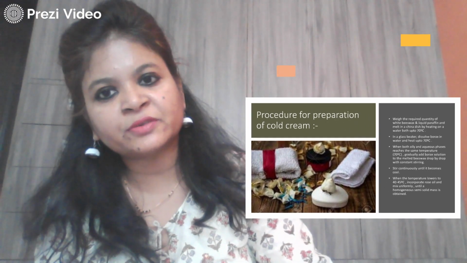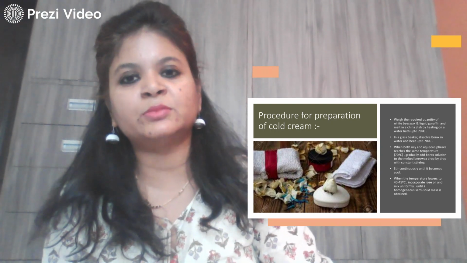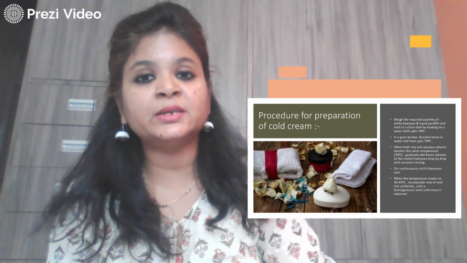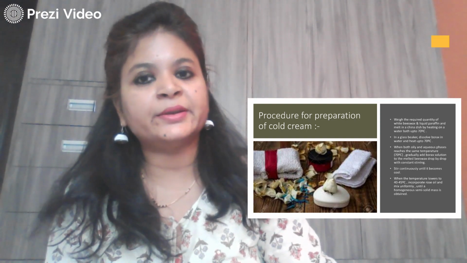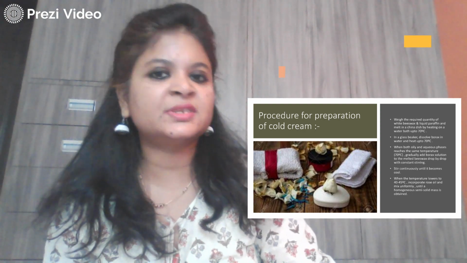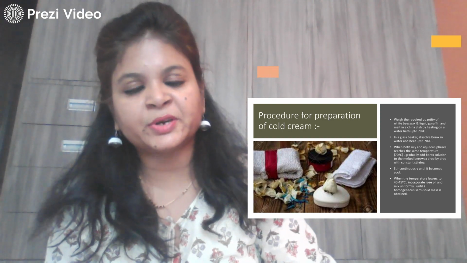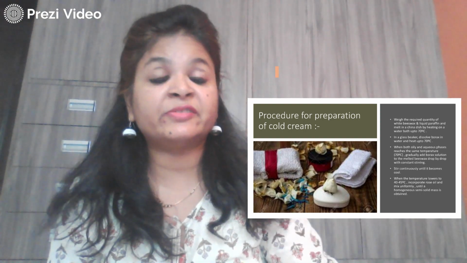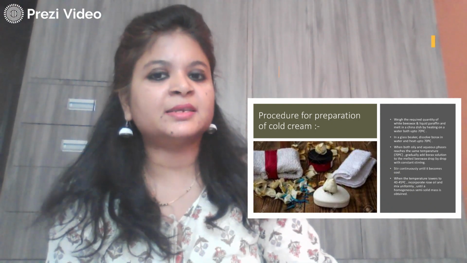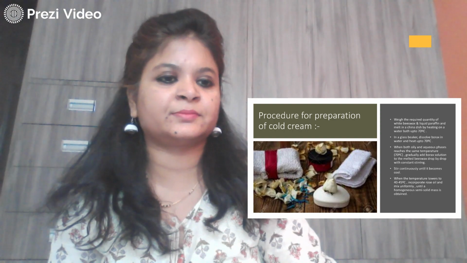So the preparation of creams is very simple. You have an oily phase and an aqueous phase, and you heat them to 70 degrees Celsius. Then you mix them gradually, slowly, drop by drop with continuous stirring until the temperature drops to 40 degrees Celsius. Once they reach 40 to 45 degrees Celsius, you add fragrances, perfumes, oils, etc. For fragrances and perfumes, add them at the last, and then you keep on stirring until you get a semi-solid homogeneous mass.